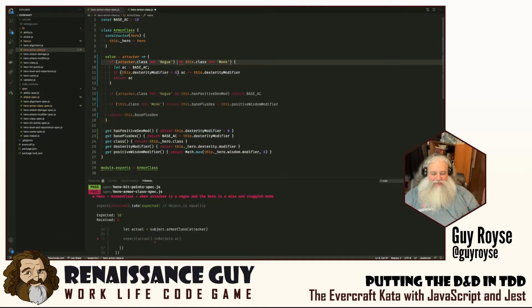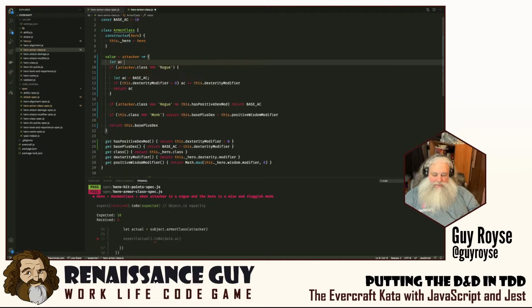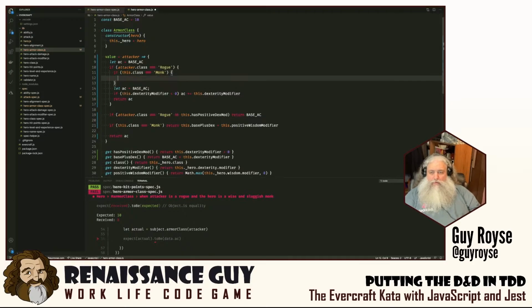So let's create even more convoluted if statements and see if we can make this do the thing we want. So we'll say let AC equals base AC. So we're gonna build it up. And we'll just have all the armor class thingies modified. So if it's a rogue that's attacking, and if this dot class is monk, then